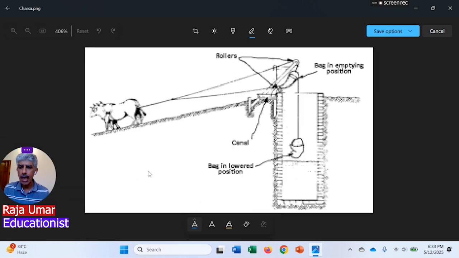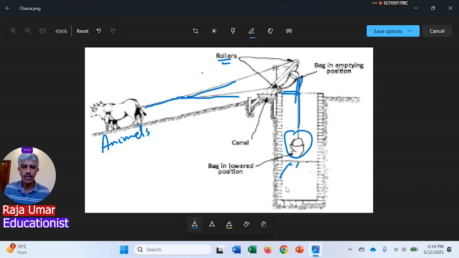And again, a refresher. So here is the animal power. As I told you, the bullocks are used to pull these two slings merging together. Or we have the rollers, the pulleys, and here is the leather bucket, what we call Charsa, and here we have that rope connected with this bucket, and this is the water table. You may be getting this diagram in your exam, and you are supposed to label it